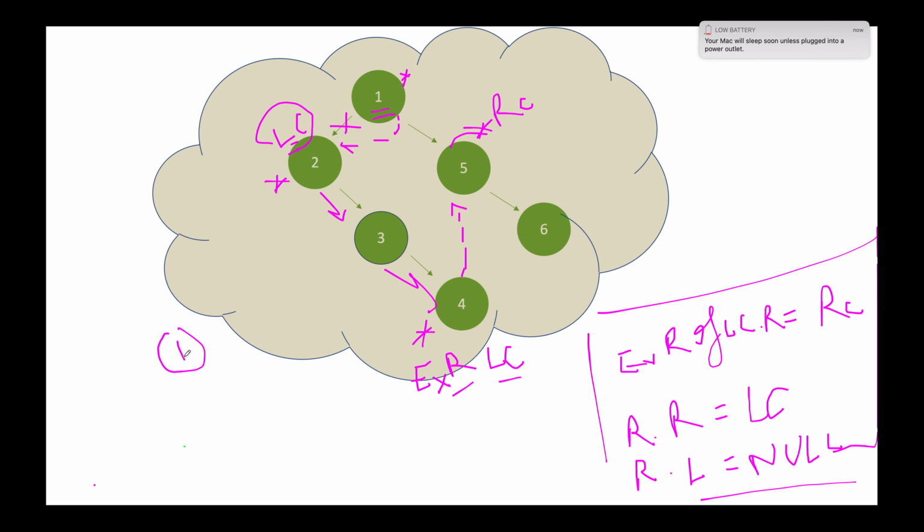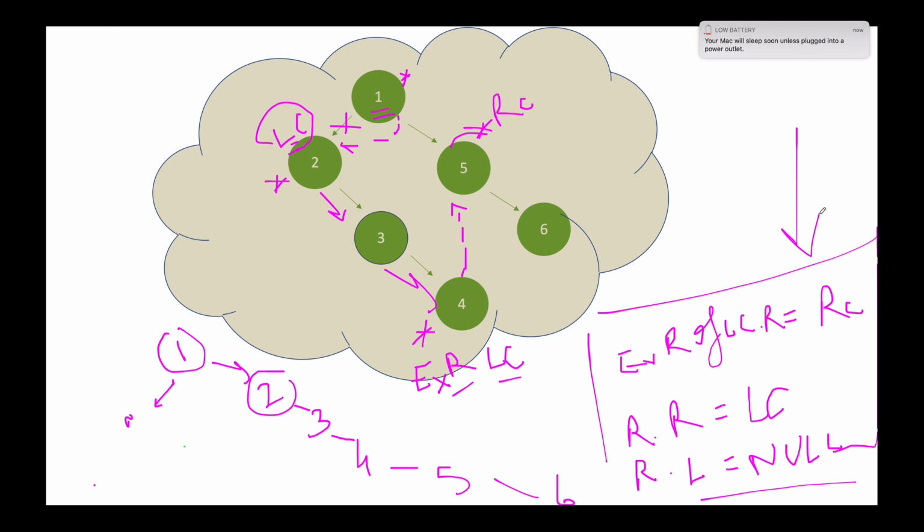We have 1 as the root, then this root's left child is null, so this is null, and root's right child is 2, so this gets updated to 2. Then we have 3, then we have 4, and 4's right child is 5, and then we have 6. This is the expected result. It's the pre-order traversal of the tree. Without much ado, let's look at the coding part, and we'll do exactly the same three steps in the coding section as well.